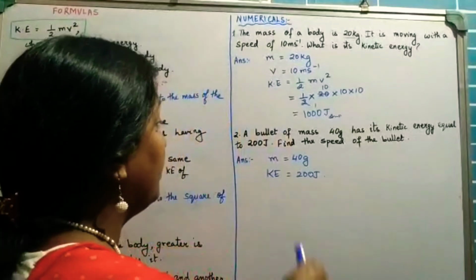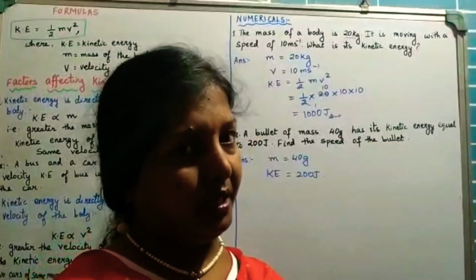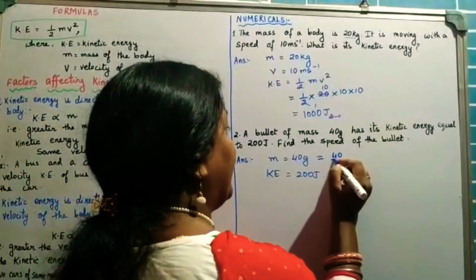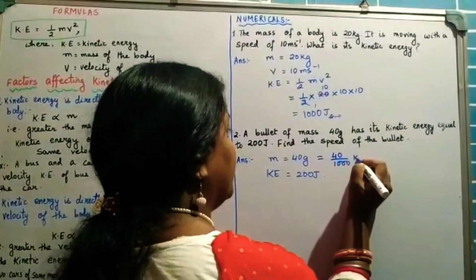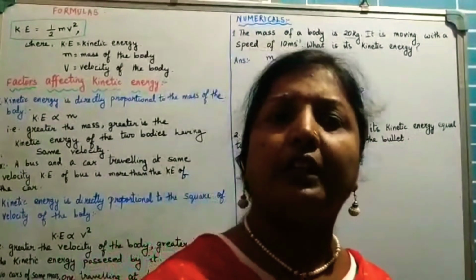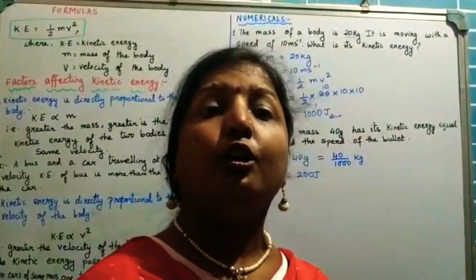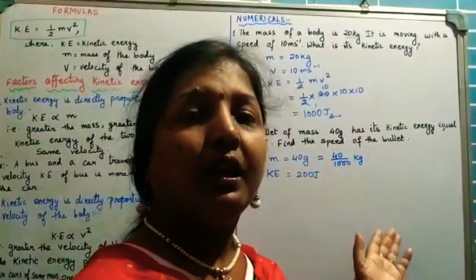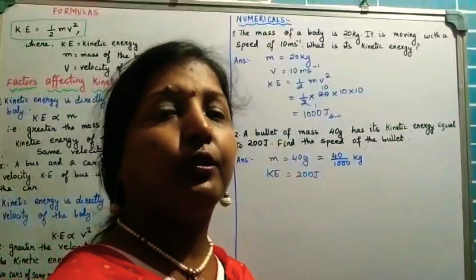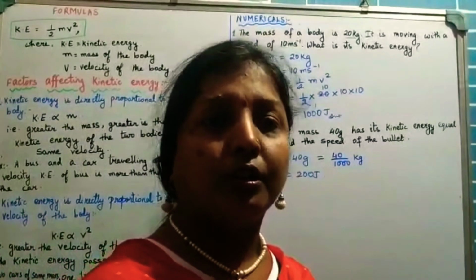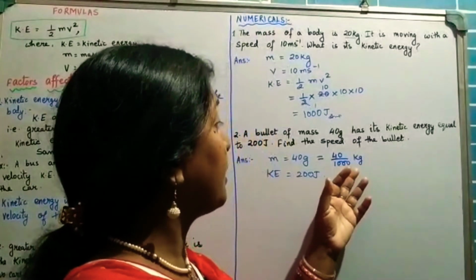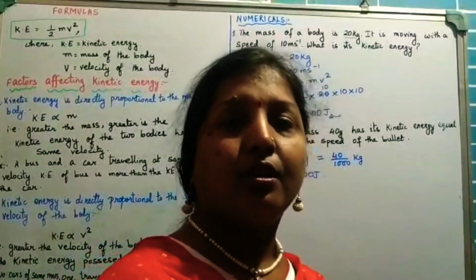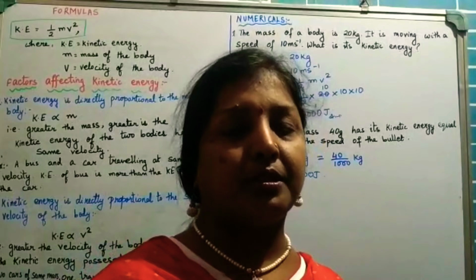So here, mass 40 gram. Gram is not the SI unit of mass. You know that. So we'll first convert this gram into 40 by 1000 kg. No need to do the cancellations here. You can leave it as it is. We'll do all the cancellations all together to avoid any small mistakes. Say if you make a mistake here itself and then after substitution, it will be very difficult for you to find out where the mistake actually occurred. So it is always convenient to substitute everything together and do the final calculations or cancellations at last, so that whenever you have to check any calculation mistake, you can check at one place.